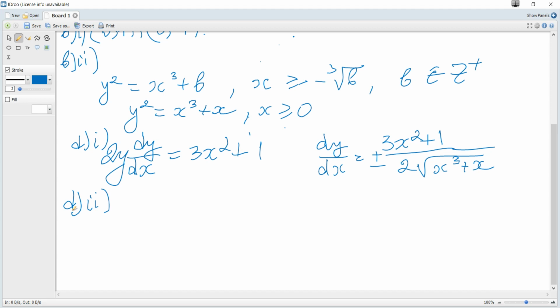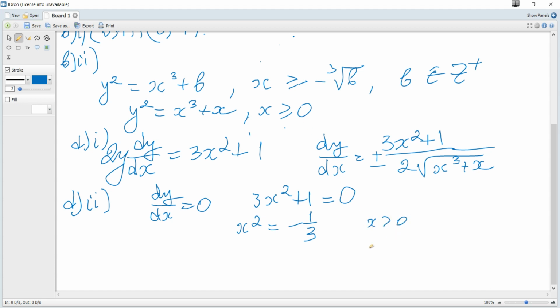Hence deduce that the curve y squared is x cubed plus x has no local minimum or maximum points. 1 mark. To have maximum or minimum, the first derivative should be 0, so let's consider the derivative equal to 0. So the fraction is equal to 0 and the numerator is equal to 0, and we can see that x squared is negative 1/3, but x is greater than 0, so no points